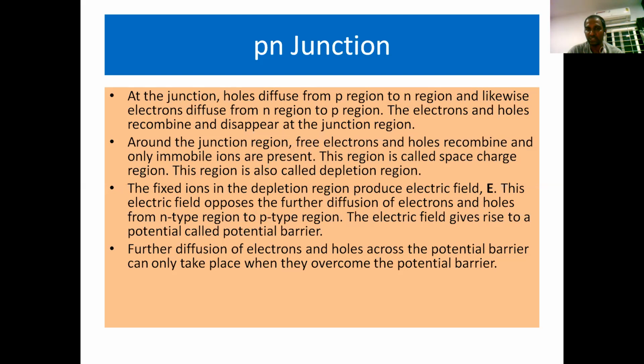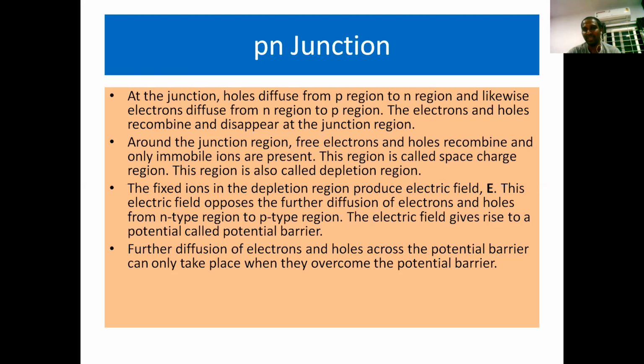So this stoppage potential is required, otherwise all the charge carriers would move during the process of diffusion, and therefore all the charge carriers would disappear. That's why at one stage you have to control the process of diffusion. So this electric field gives rise to a potential that stops further diffusion, known as the potential barrier. As a result, further diffusion of electrons and holes across the potential barrier can only take place when they overcome